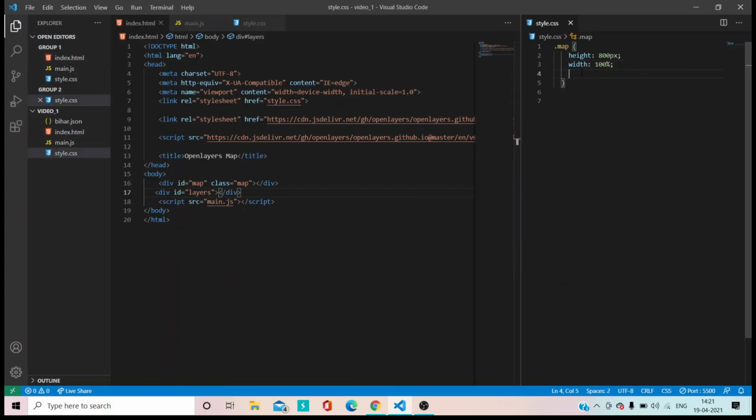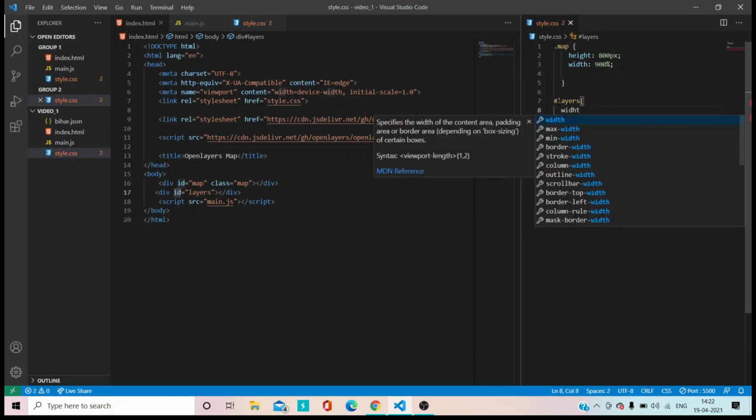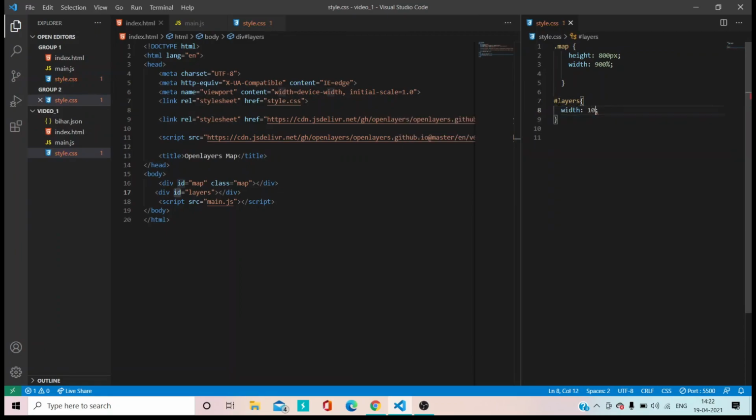Let's give the width of our map element as maybe 90. And since we are using id here, I need to give hash layers. Let's give width as 10%.